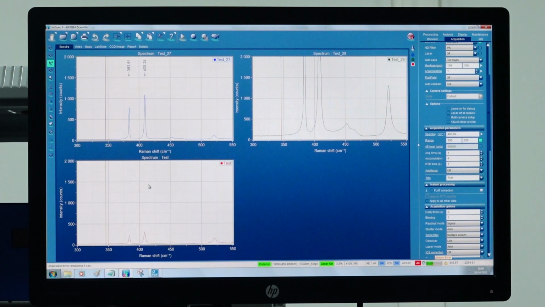As I change the focus, the peak has almost gone. That is, the sample surface is not in focus, or the material is not in focus. As I focus it again, the signal intensifies. So this is the best Raman signal that I am obtaining now. So this is how Raman acquisition for different materials is done.